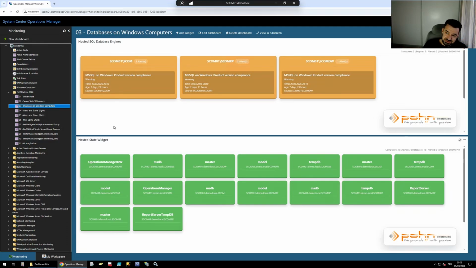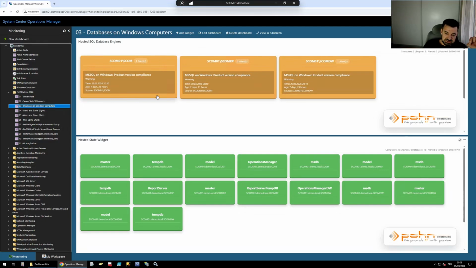And what you see on the dashboards also, if you pay attention, is first of all, the color of the server is yellow. This means the server is in a warning state, and you can tell by the alert here. And also the same applies to all the other database engines. And another widget which gets the databases